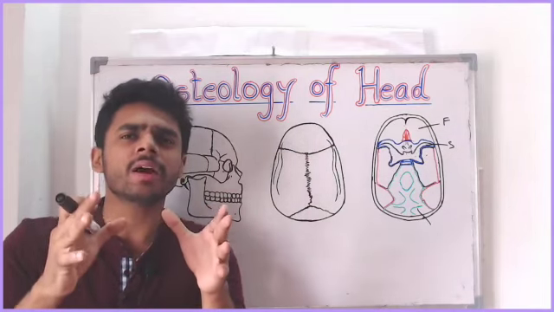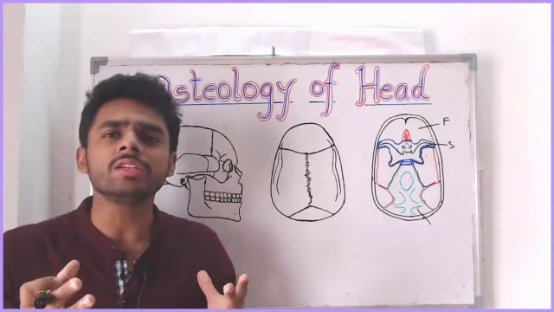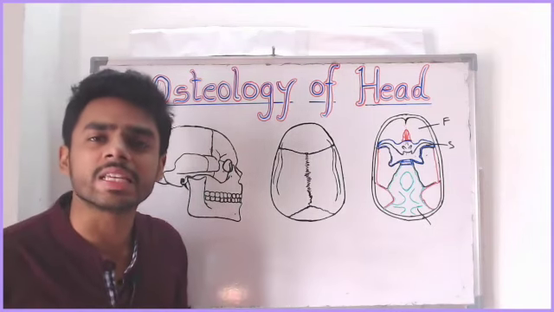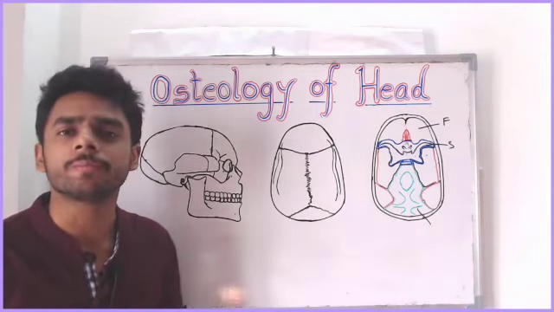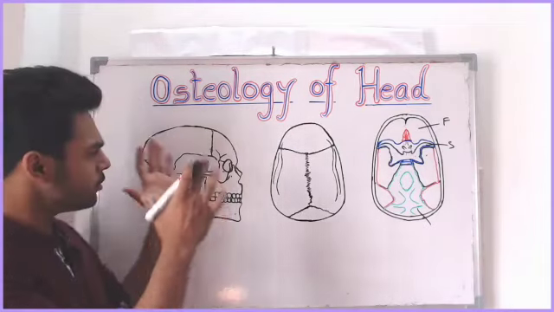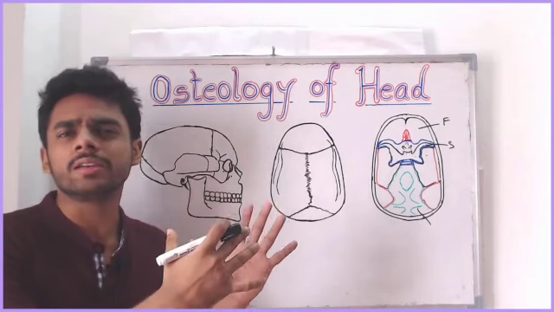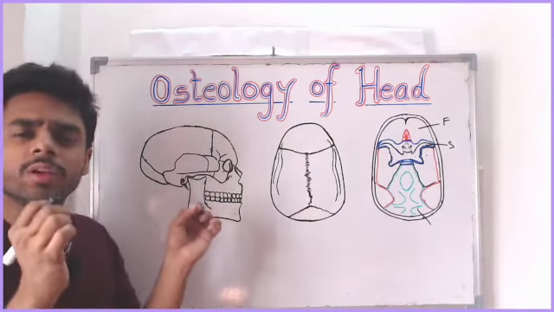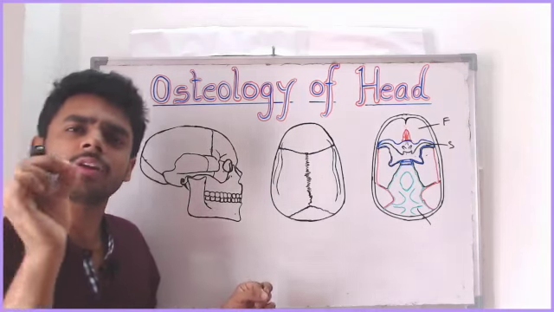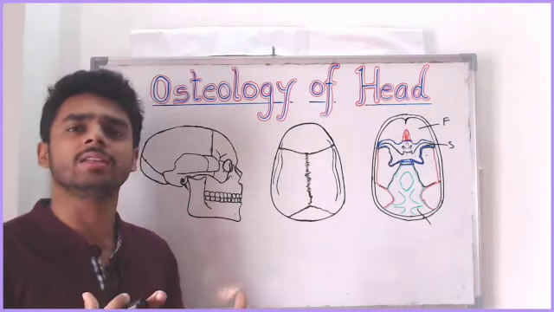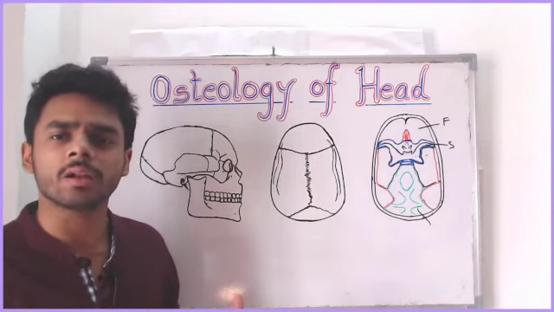See, head comprises the skull, which has many structures inside it, like the brain along with its meninges, hypophysis cerebri, or you can call it pituitary. There are many special senses and many other structures. Although the skull is used synonymously with the cranium, we have to understand that the cranium is a part of the skull, and I will explain how the cranium is not exactly the skull. Cranium is a part of the skull.